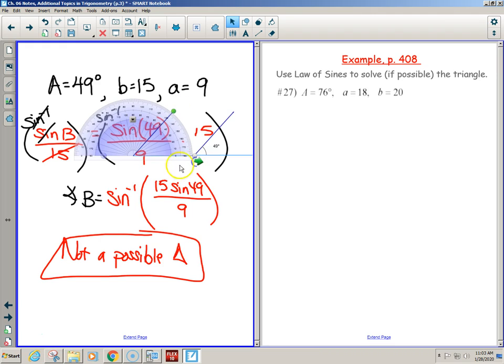49. Oh no, it's awkward, protractors just sitting in the middle of my page. We'll move them over here. Okay, if I have a 49 degree angle,